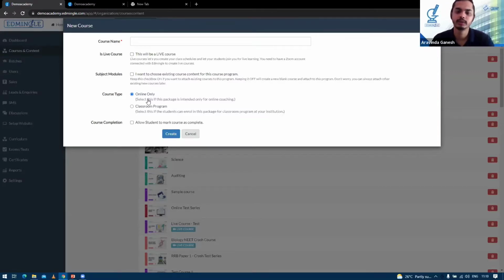So online only is for online courses where you can sell it up, and classroom program is mainly intended for the offline programs where students come to your institution to learn. Another setting which we have is course completion. So for course completion, once you enable it, students will get an option to mark this course as completed